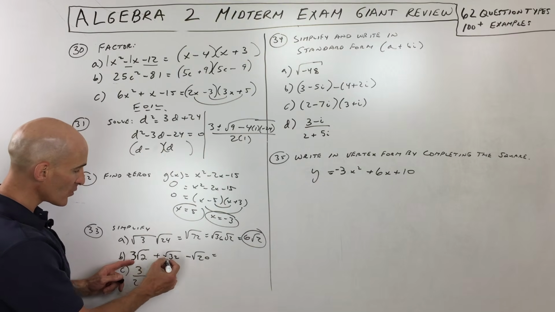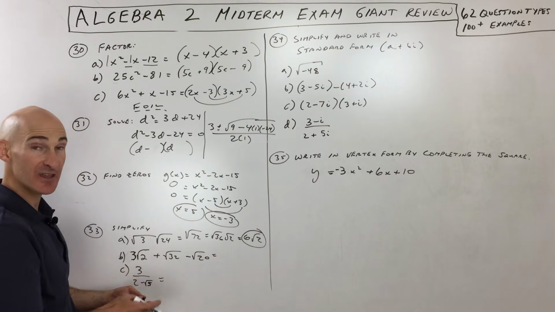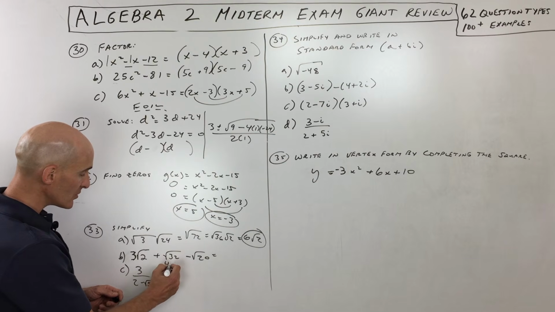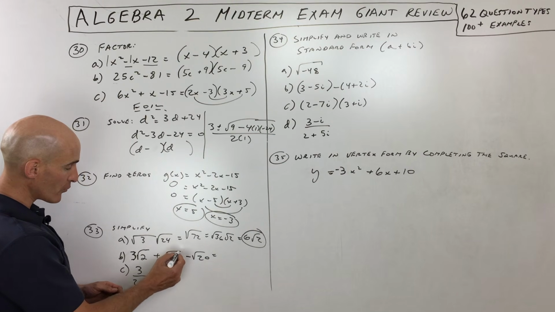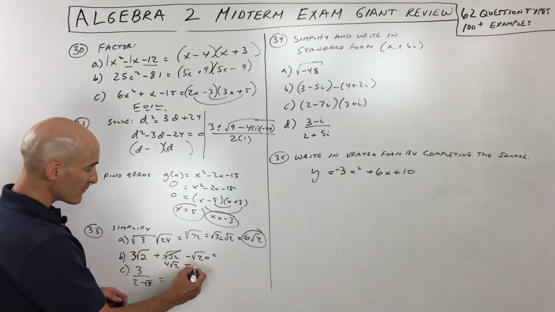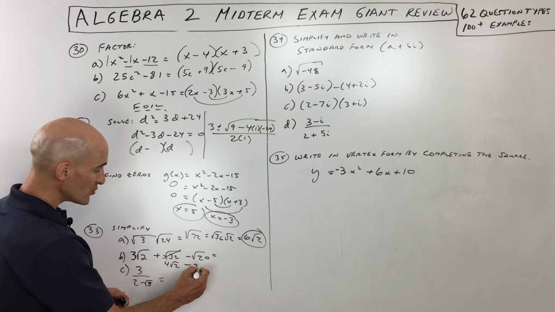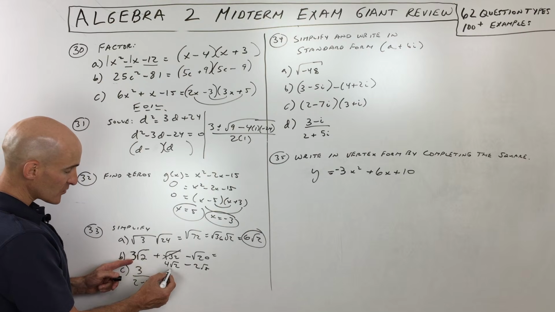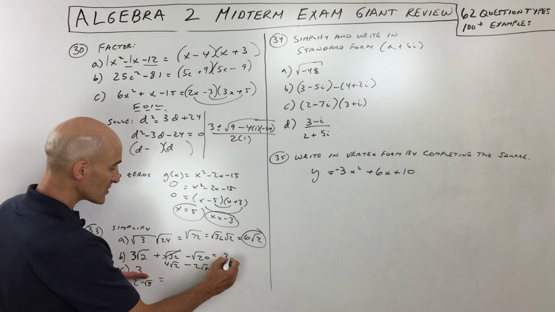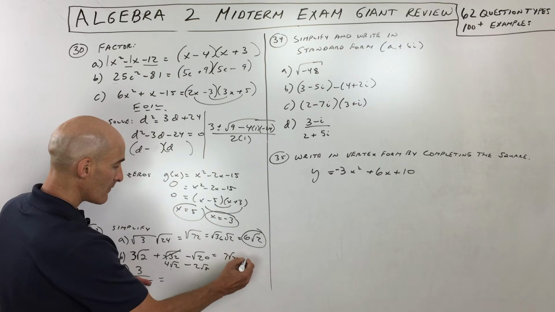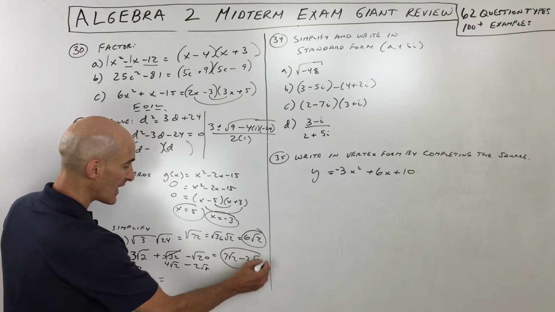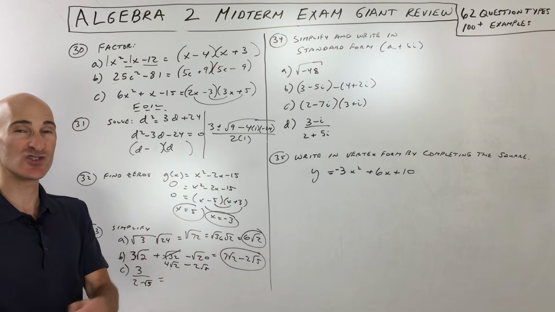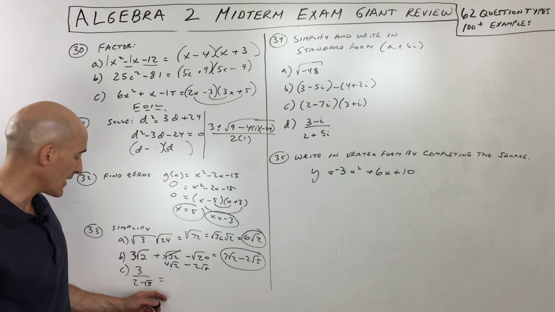This one, we want to combine like terms, but you can see there's nothing in common. So if we simplify, square root of 32 is 16 times 2, square root of 16 is 4, so we get 4 root 2. For 20, we can factor out 4, square root of 4 is 2, so we get 2 root 5. Now we can see we can combine these. 3 square roots of 2 plus 4 square roots of 2 is 7 square roots of 2, minus 2 square roots of 5. We can't combine these any further because these either have to be both square roots of 5 or both square roots of 2. They're different terms, so we can't combine them.